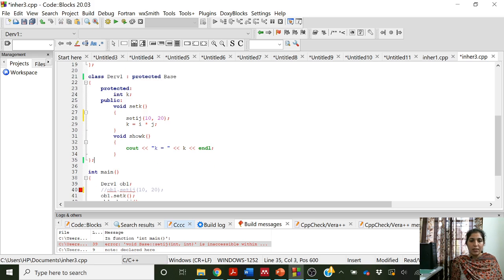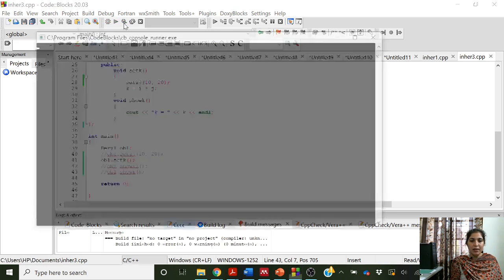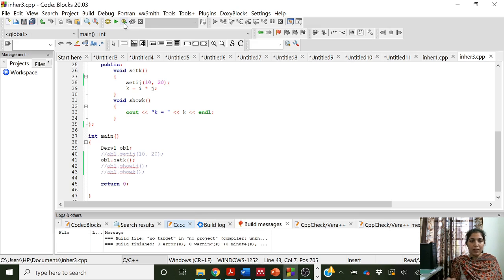This is valid, I think. Let us try to run this. This is not working, so we can omit this, but set k is working because set k is a public member of the derived class. Let us run it. It is working very well.